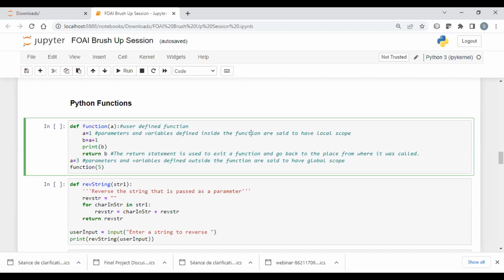Anyone, what do you think when I'm going to run this function by passing the value 5 here? So what is going to be returned? Okay, there is one answer by Rakesh. It says 6. Anyone else would like to give it a try?